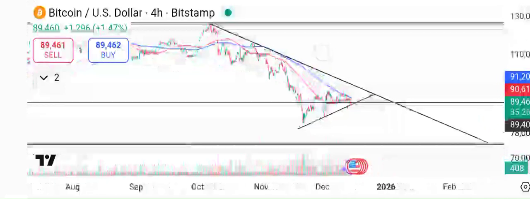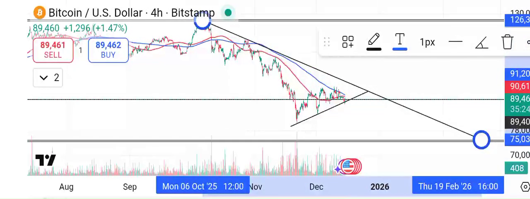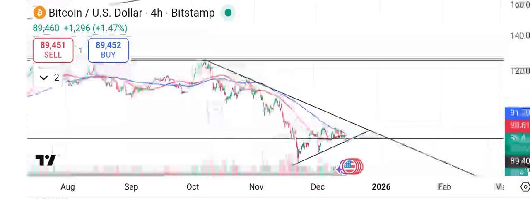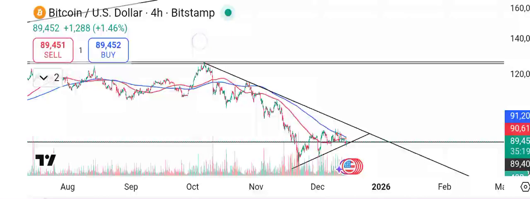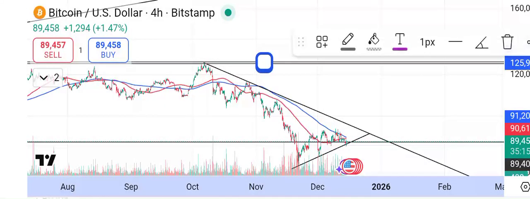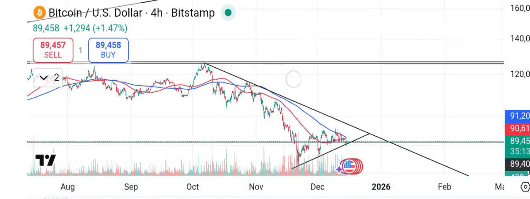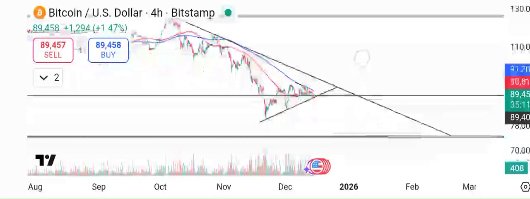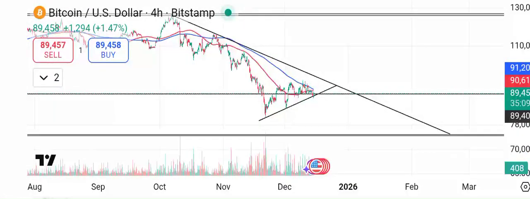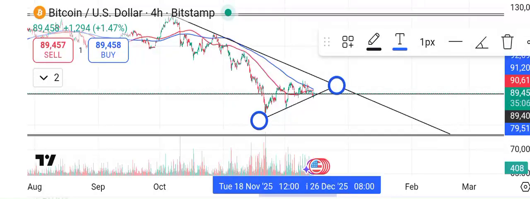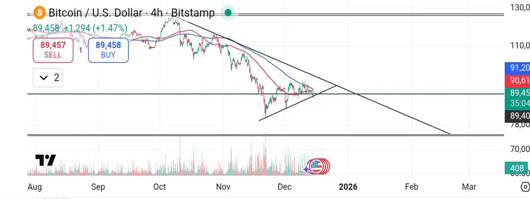We have a descending resistance here. This descending trend line is serving as a resistance. As you can see from the top here, it used the descending resistance the first time here. It got here the second time, price dropped lower, and so on. So now on getting to this low here, this point we have here, this low.